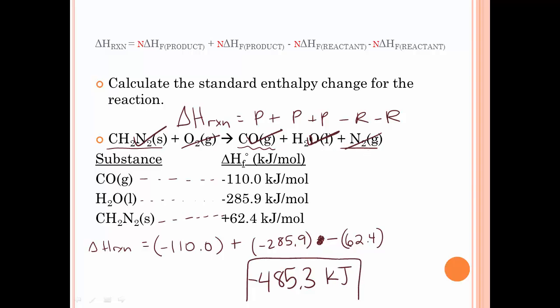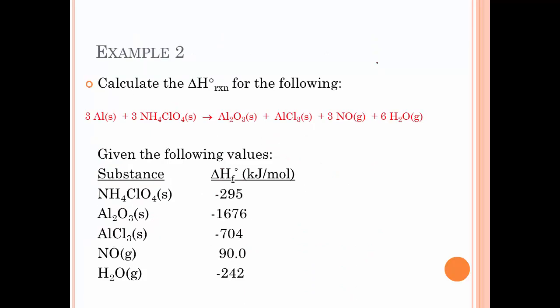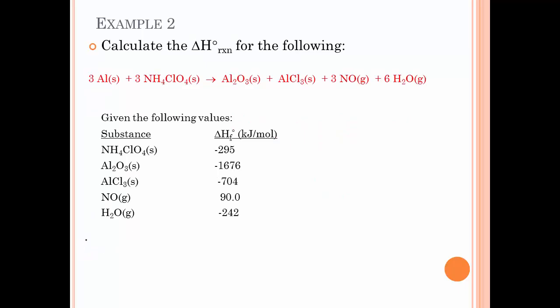Again, main idea, you take your products minus reactants. Now this example, what it didn't have was any coefficients. So our next example is going to include that as well. So example 2, we're going to calculate delta H for this big long reaction here. And again, we see that we're going to have some coefficients involved. So here we go. Delta H of the reaction